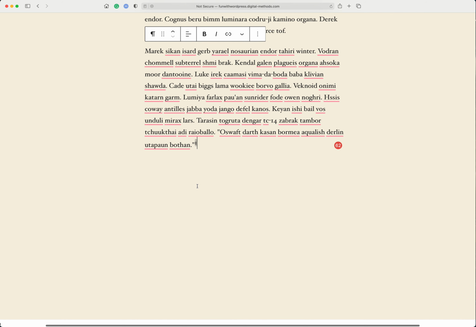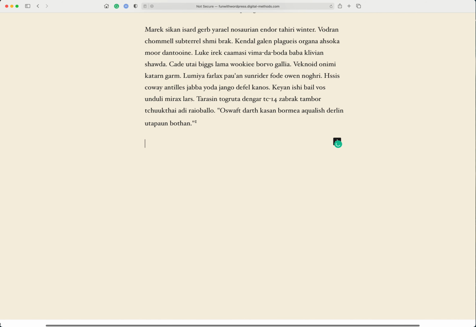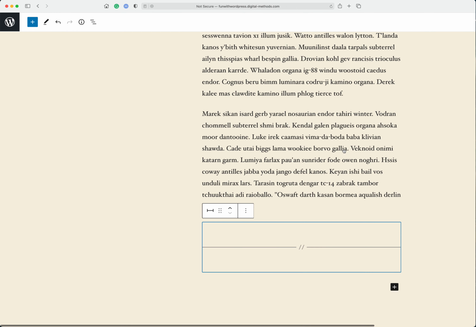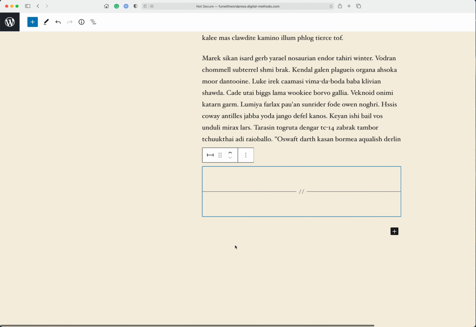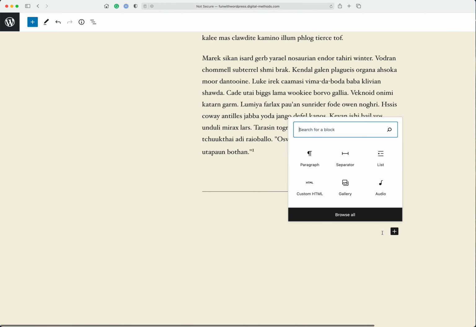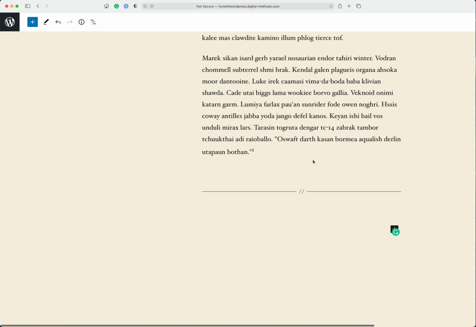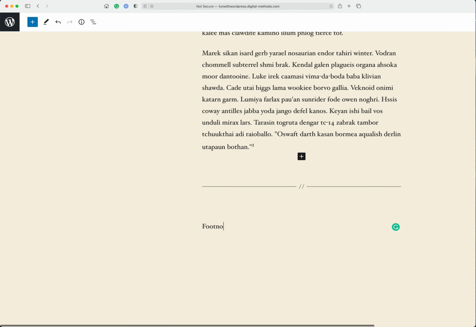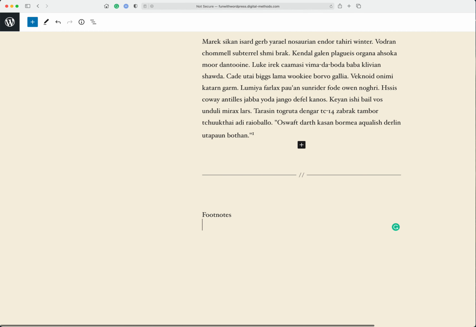And then you can do the same kind of thing where, right, so now you've got your superscript up there. You would go here and add a separator, right? And then down here, you could do a new paragraph that simply said footnotes, and then do a 1 and then your citation,